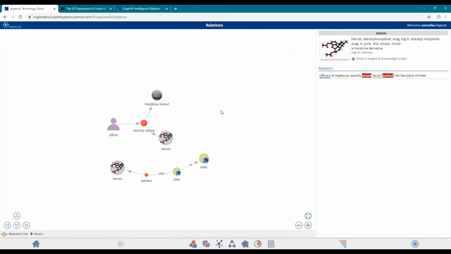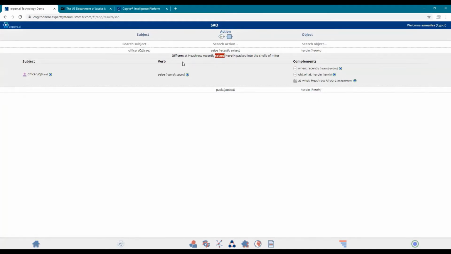So basically, it breaks it down into triplets, which is subject, action, object, which is sort of like the fundamentals we learn at preschool about the English language. So the officer seized an object, which is heroin, recently at Heathrow Airport. So you can see if you get a really deep understanding of text, it opens up the potential to do all sorts of human-like reading and interpretation of documents and things like that in terms of understanding.